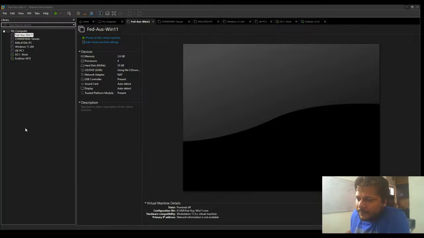I've given 5 gigabytes of RAM to this Windows 11. The process for a domain joining machine is the same for Windows 10 or even Windows 7 as well.